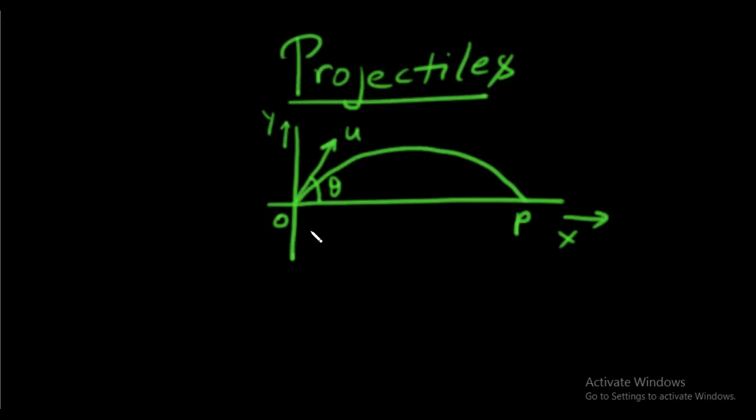So by the standard definition, a projectile is an object which moves along the surface of the earth under the influence of gravity. This is a figure I have drawn. We can see I have thrown an object with a velocity u. The magnitude of this is constant over the whole course of the object's motion. This is x and this is y. The object moves with an acceleration under gravity.